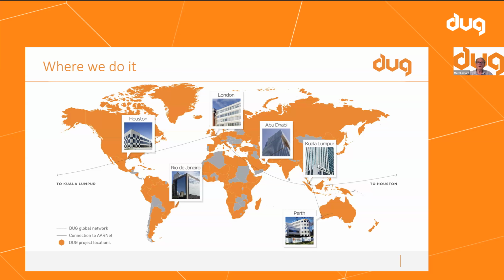Abu Dhabi is a full-blown office. I think we've got seats in the first instance for 45 geos there. Rio de Janeiro is a different one. It's just more of a front-end sales office. We'll have a handful of geos there in order to satisfy local requirements, but it's more of a front-end office. So yeah, it's really pleasing to see those offices on the map, and it's especially pleasing to see them kicking into our order book as they have.